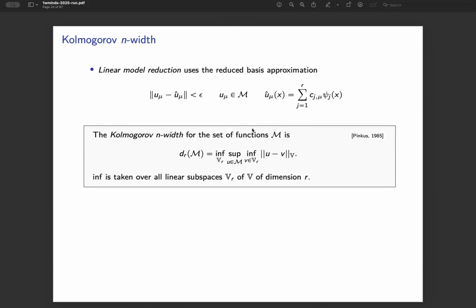So the Kolmogorov N-width, sorry, I used R here. Usually N goes here, but I've been using R consistently. The Kolmogorov N-width is defined as the best uniform approximation error for your solution manifold if you can find the best reduced basis functions of dimension n, in this case, dimension r. And so if the Kolmogorov N-width decays quickly, exponentially, it means that you can choose the dimension of your reduced basis to scale with the log of epsilon, where epsilon is the uniform error threshold. And since as epsilon goes to 0, R grows slowly, it means that you can get away with a very